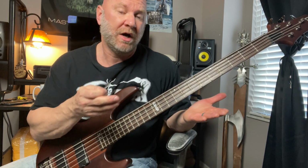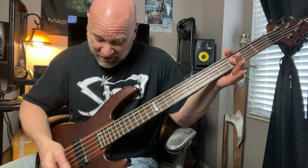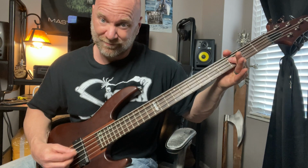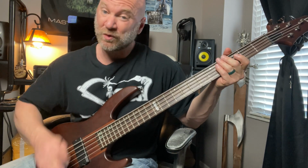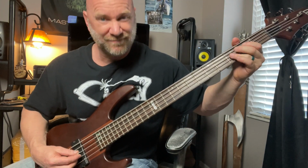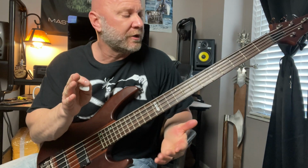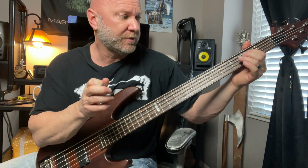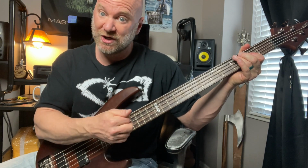Now we end this little bass part here because we're going to go back to the beginning of it and start over. But instead of going just from the C note back to the starting point, we're not doing that. Instead, we're doing this. So all we're doing here is we're kind of going back the way we just came. The only difference I'm doing here is I'm not playing the open A string. We're hanging around frets 2 and 3 of that A string, but we're not going to play the open A. We're going to go right back to the G note, okay, on that E string 3rd fret